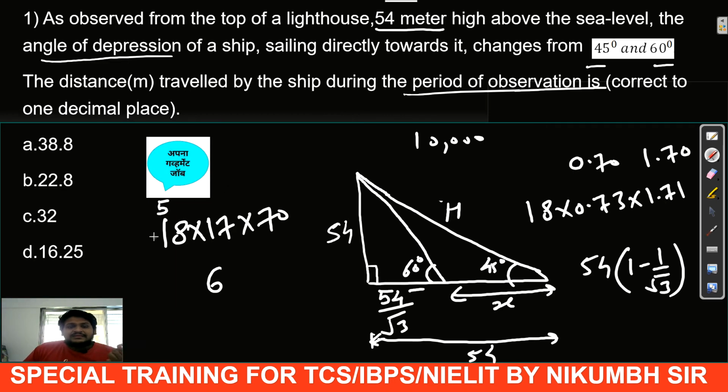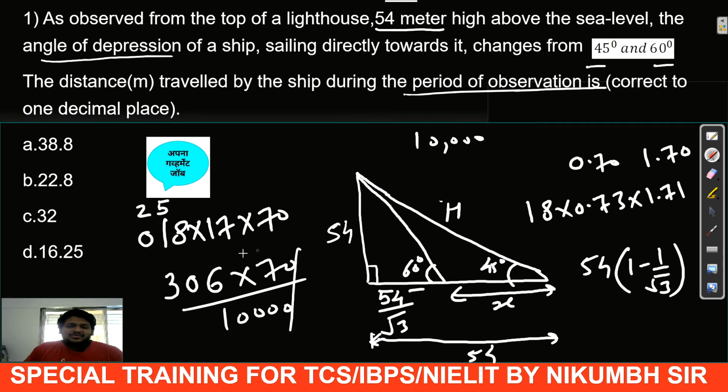7 ones are 7, plus 8, you have to add this next value, plus 8 means you get 15. 15 plus 5, 20. Okay, then 0, then again 2, and here you will write 0. 7 0 0. Okay, plus 1 1, plus 2, 3. So your answer is this. Okay, 306, and then 70, and denominator you have 10,000, like this. So one 0 is gone, and now you can easily do. 7 sixes are 42, so 342 approximately,